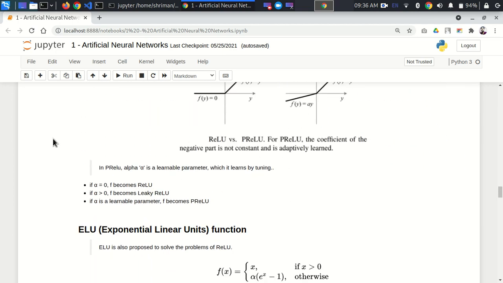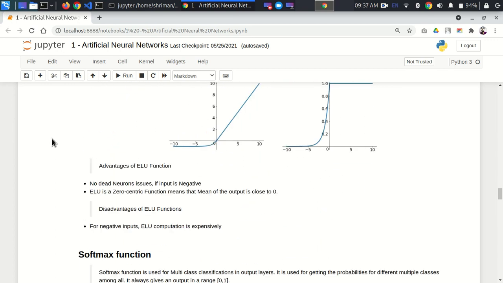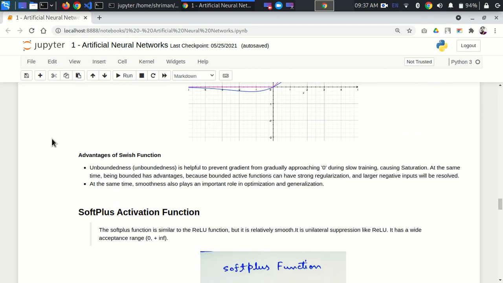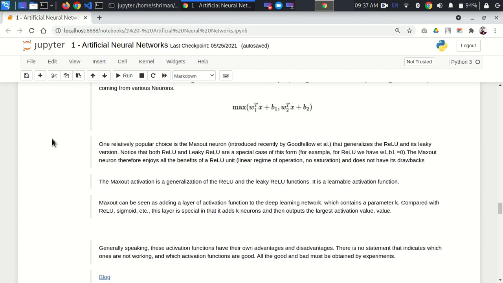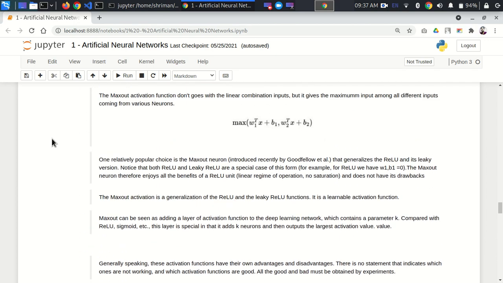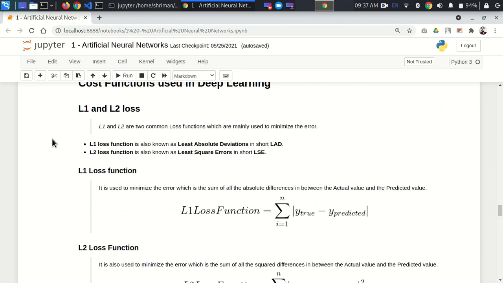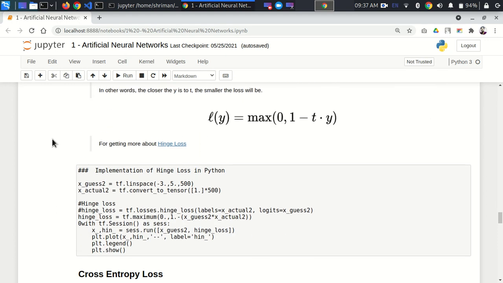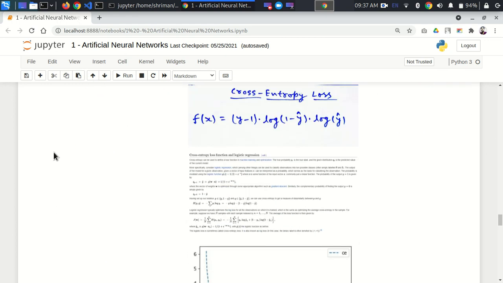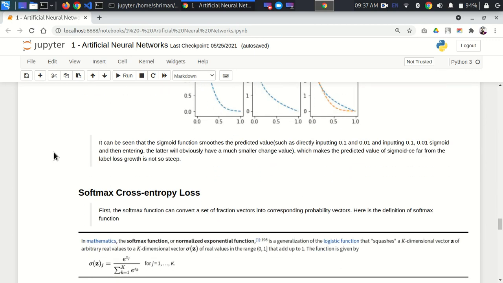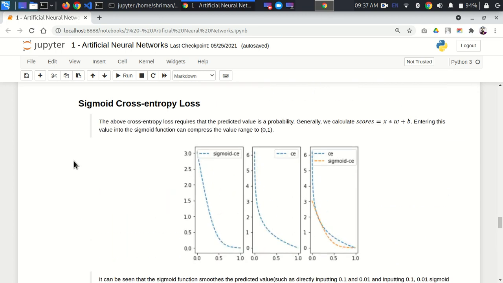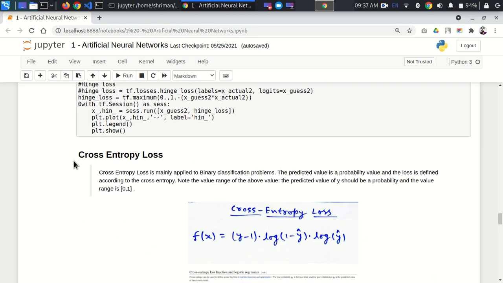Now guys, I think I have explained each and every activation function. Maybe in our next session we will talk about different loss functions. Some people were asking about this particular notebook. In this notebook we have to make some improvements, so that's why I'm not giving it to you yet. Just wait for 1 or 2 days guys, and then I will give you these things.